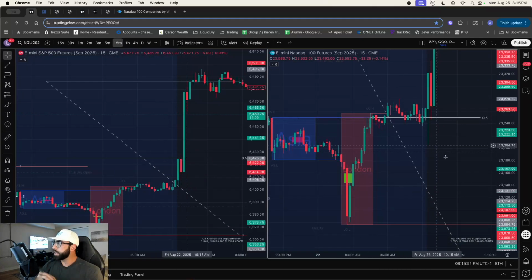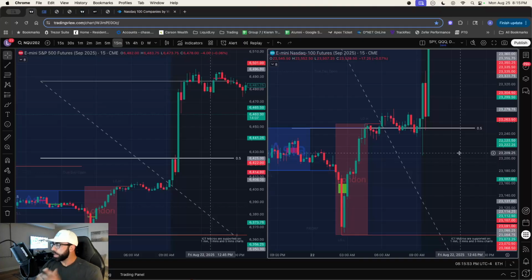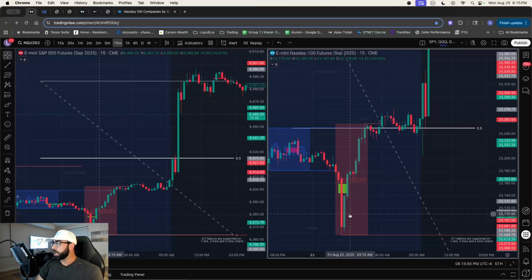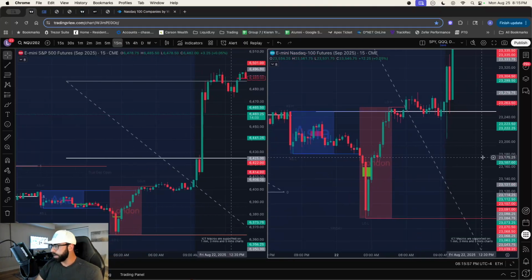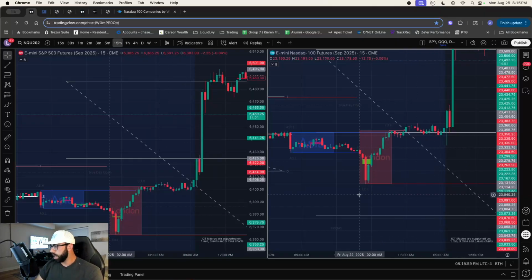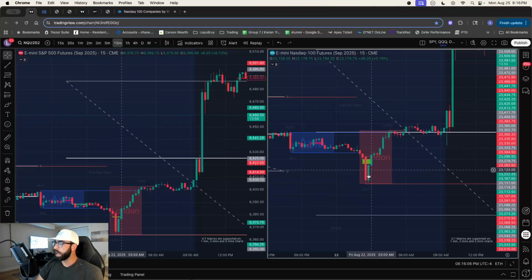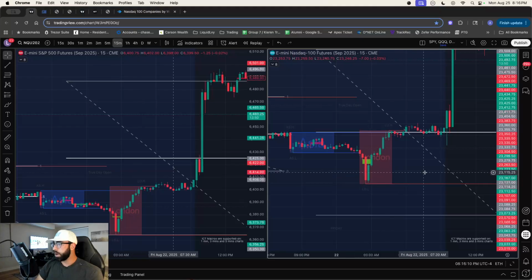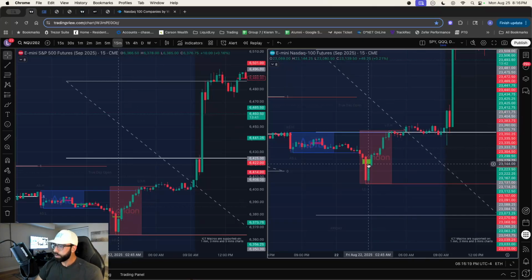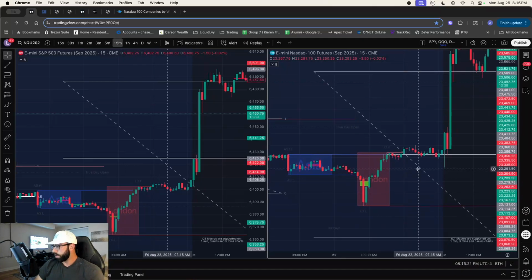But back to the highs and lows, right? These are important because it's where liquidity rests. It's why the market wants to go up and down. When you see swing lows like this, there's stop losses beneath this. People were going long here and they rested their stop losses at the low. And so there's liquidity resting there. The market wants to travel and take out those, in most cases, retail traders that are trying to trim and get their money like we are.